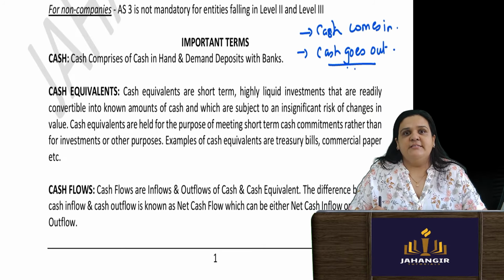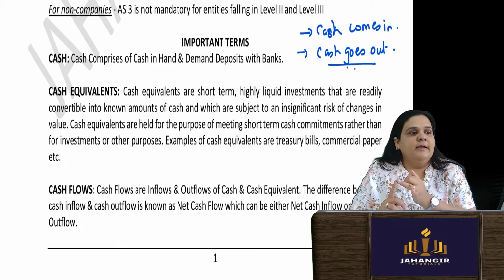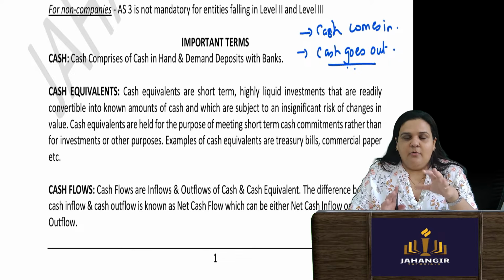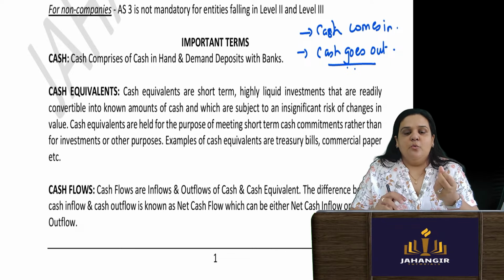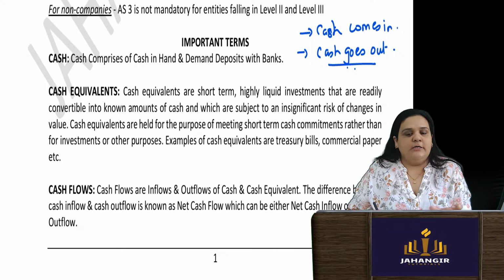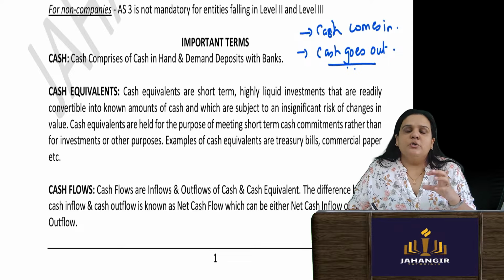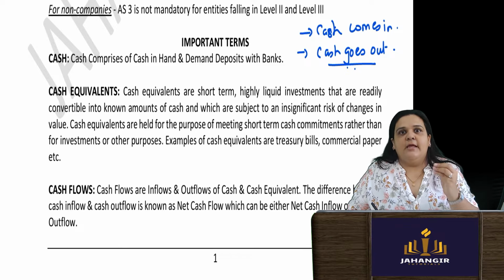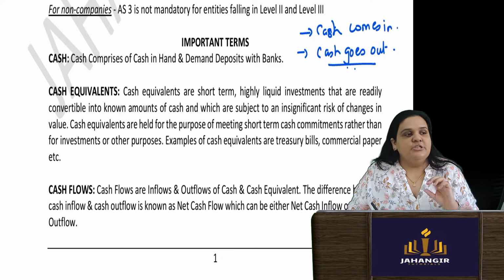So now, regarding cash, there are three important terms. Cash is everything available as cash in hand and available as deposits in your bank account. Cash equivalents are those investments which can be sold immediately. They are short term and readily convertible into cash in the market. Like treasury bills, commercial paper. So companies might have kept extra cash in the form of such investments which can be readily converted into money in no time, and those are also part of the cash equivalents.